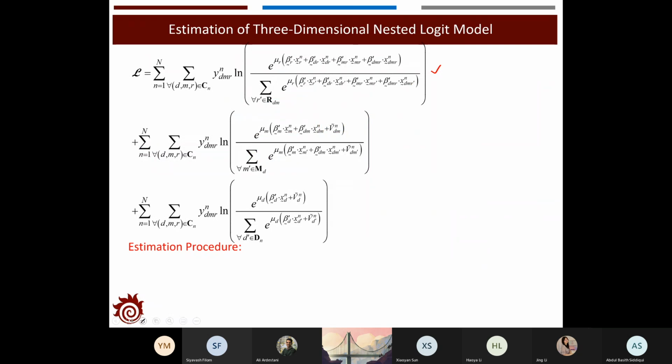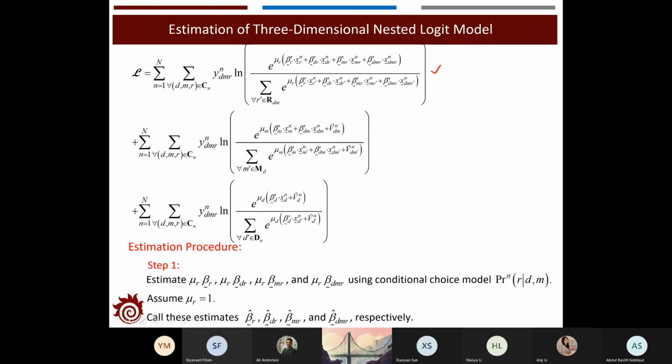In this first step, we estimate the parameters mu r, beta dr, beta mr, and beta dmr. Similar to the two-dimensional case, we assume that mu r is 1. With that, we only need to estimate beta r, beta dr, beta mr, and beta dmr